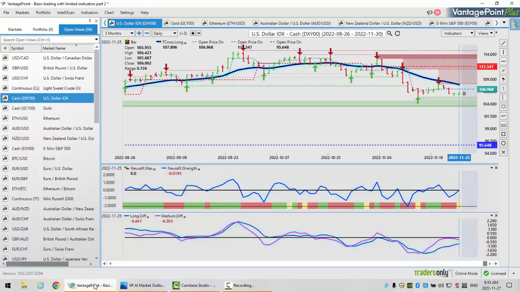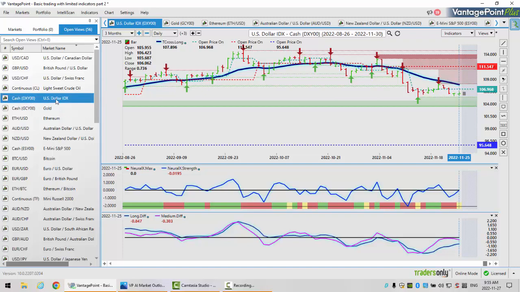Now, to get started this week, we'll begin where we always do with the US dollar index, but we're going to look at things a little bit differently this week. The structure of the dollar index: we know we have 100% inverse correlation between the dollar and the equity markets, the commodity markets, the crypto markets. So this is a big thing to look at regardless of what market you're trading.